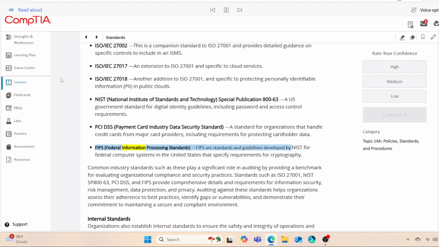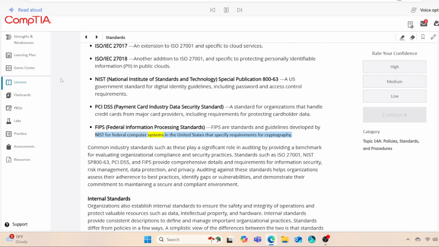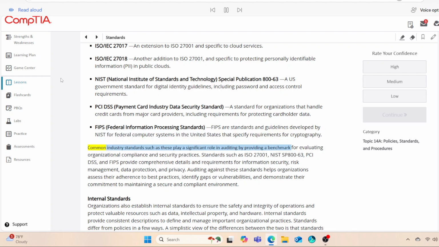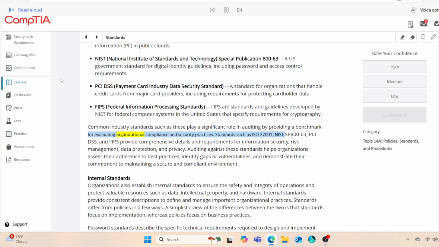FIPS, Federal Information Processing Standards. FIPS are standards and guidelines developed by NIST for federal computer systems in the United States that specify requirements for cryptography. Common industry standards such as these play a significant role in auditing by providing a benchmark for evaluating organizational